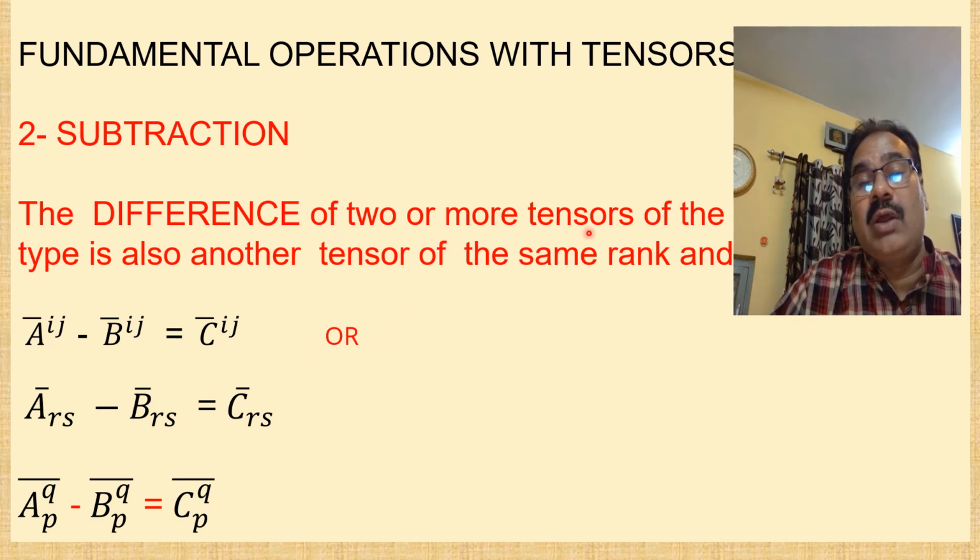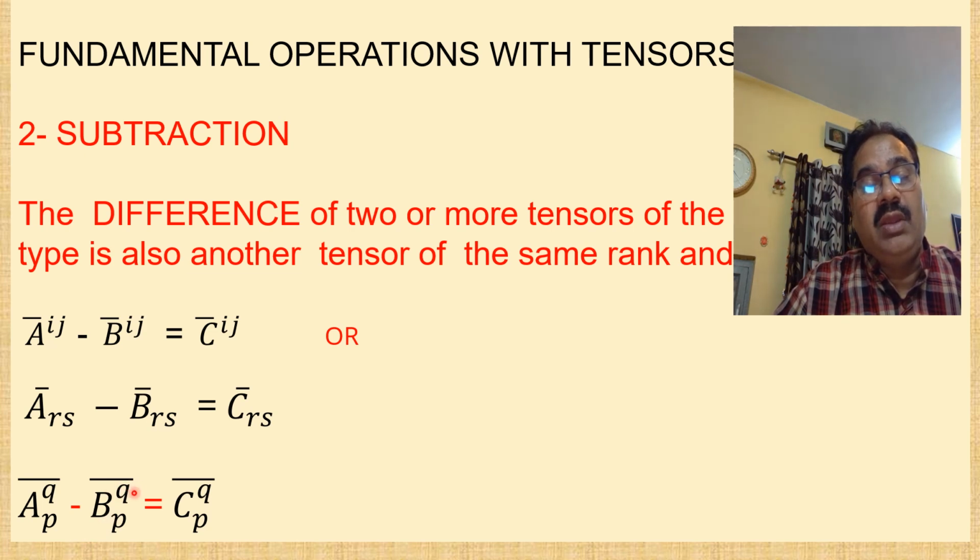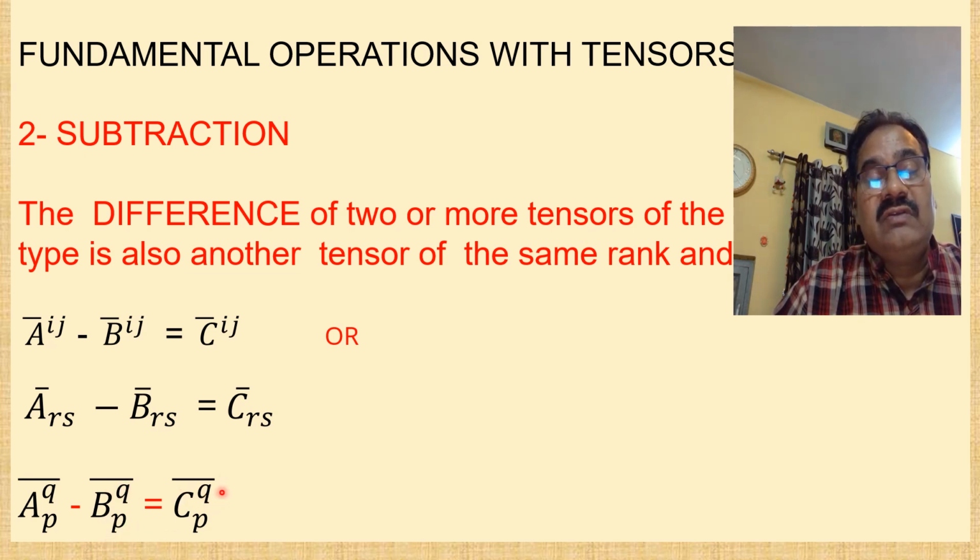The difference of two or more tensors of the same rank and type is also another tensor of the same rank and type. And we may write A bar^{ij} minus B bar^{ij} is equal to C bar^{ij}. Or A bar^{r}_{s}, contravariant and covariant of second order, A bar^{r}_{s} minus B bar^{r}_{s} is equal to C bar^{r}_{s}. So you can take a mixed tensor of second order also: A bar^q_p minus B bar^q_p is equal to C bar^q_p. In this way, you learn about the